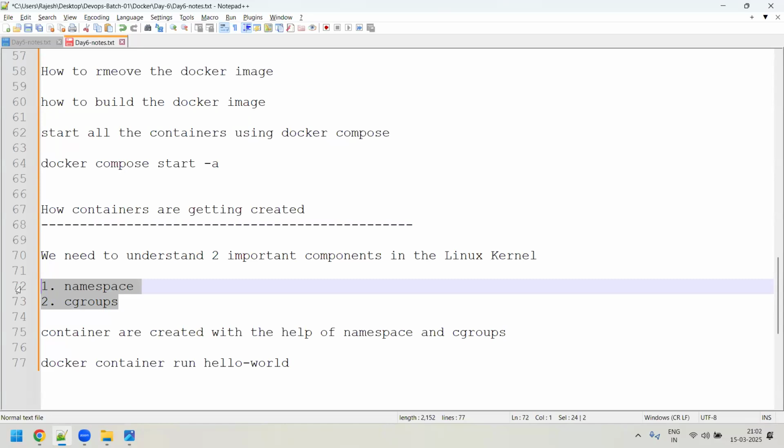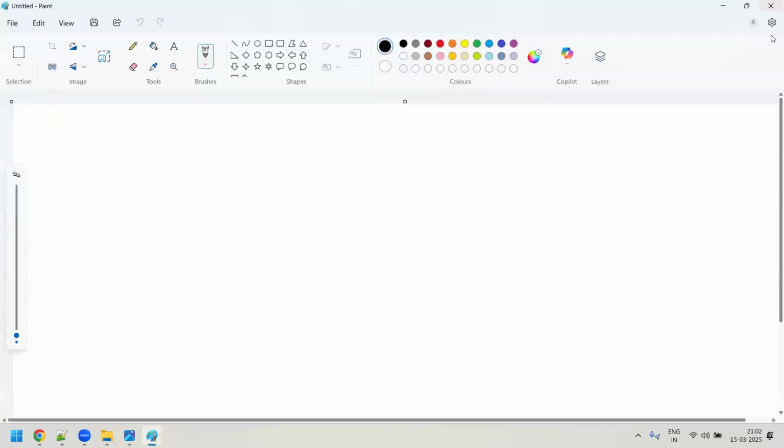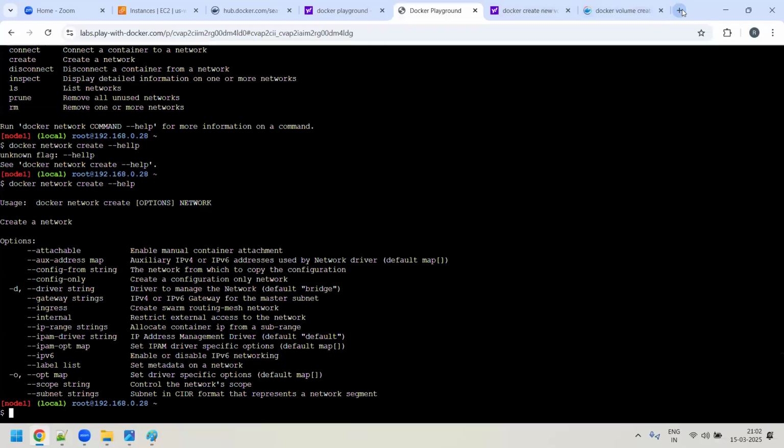Okay. Now, to make you better understand all these things, let me explain in a different way so that we'll be able to understand it. Now, for example, assume that we are having an operating system, right? Suppose I have a